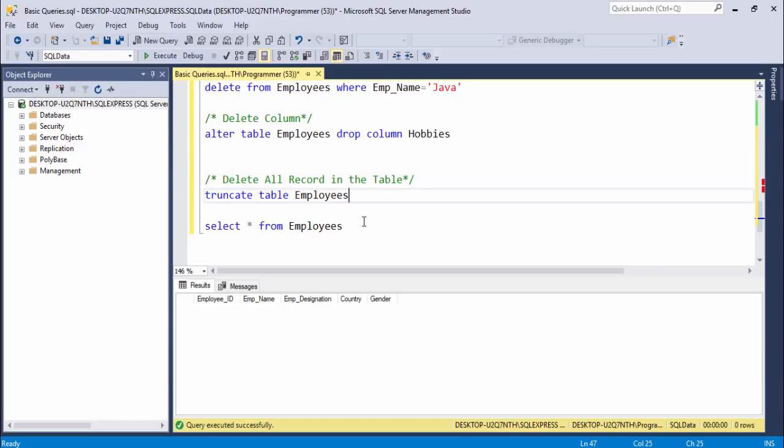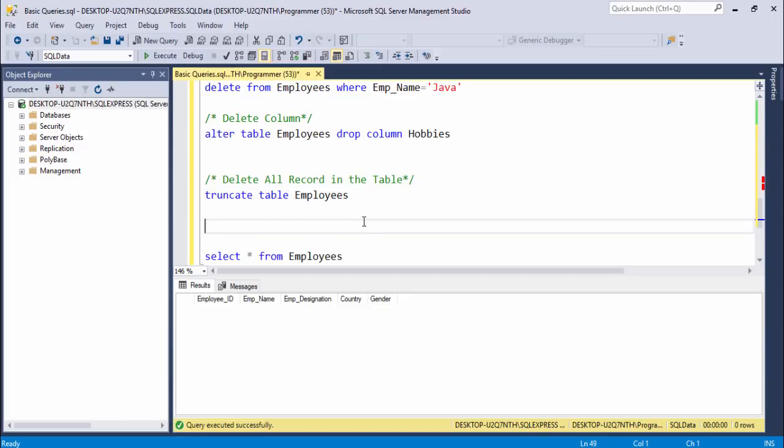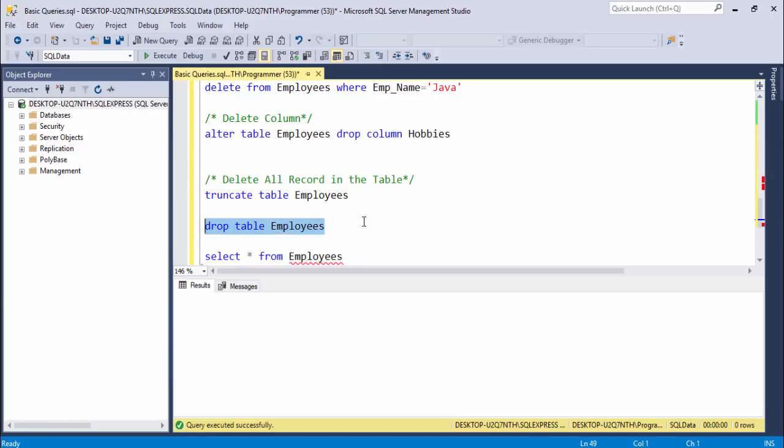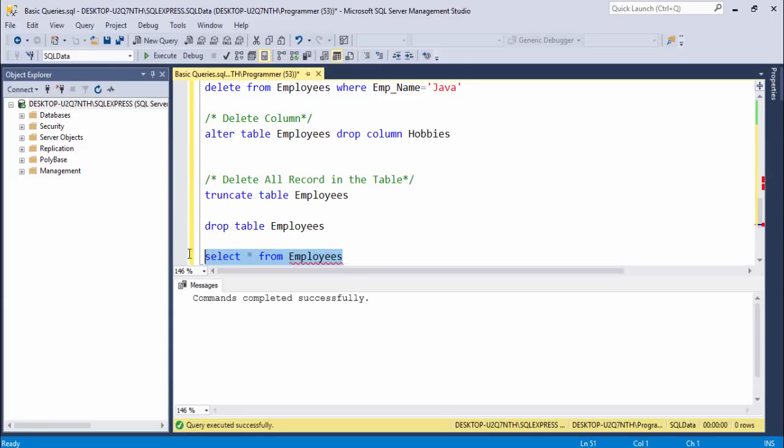Now the final and last query in the basic queries. I want to delete the complete table. I can't see the table after using this query. Okay, I will tell you. This query, you just need to write the DROP TABLE keywords. I use employees, select it and run the query, and I use this statement. I can't see the employee table. Why? Because this table